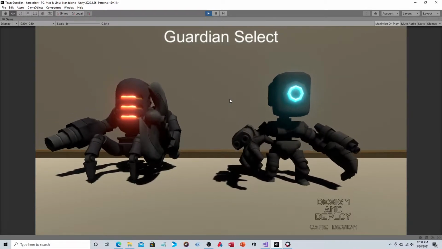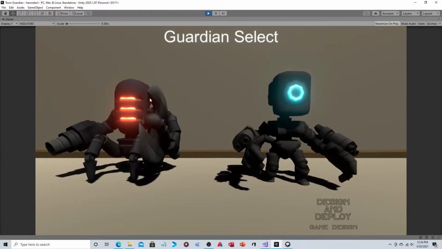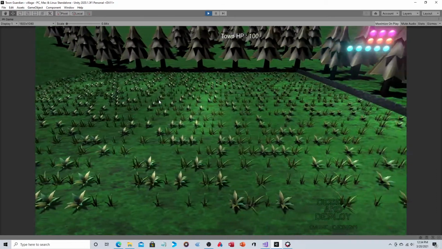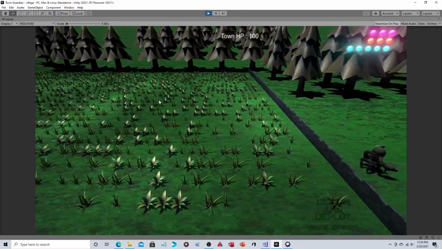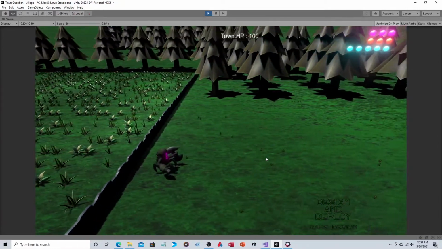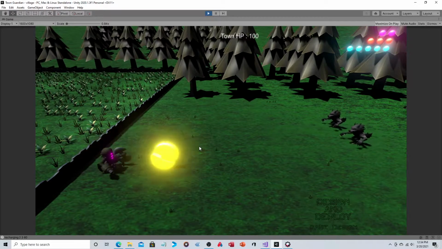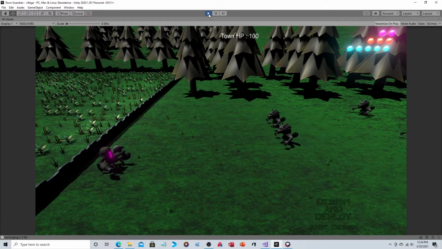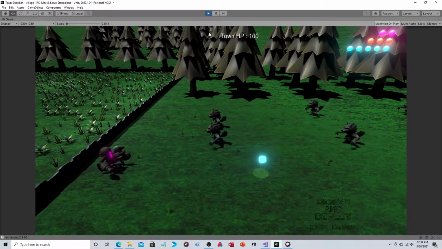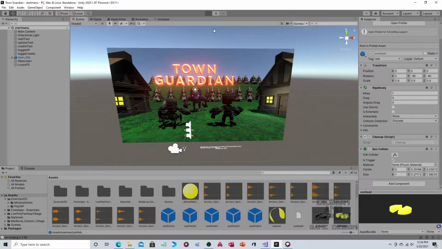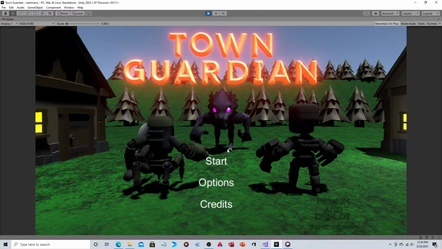So when you select on the character, say you select on him, and you get into the actual battle itself, he has obviously a different appearance and he has a different secondary weapon. So if I right click, he throws an energy bolt and he has the same primary weapon as the other character. Now if I click on the other guy,